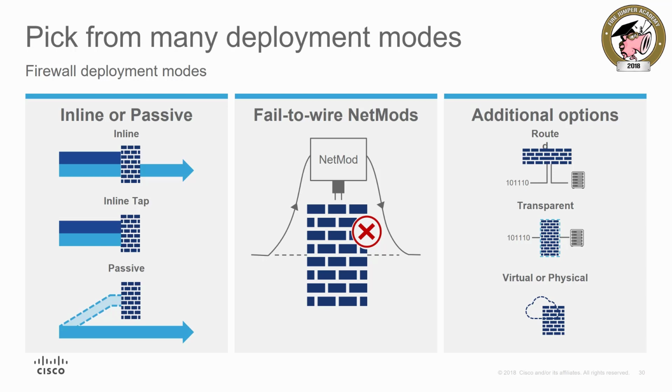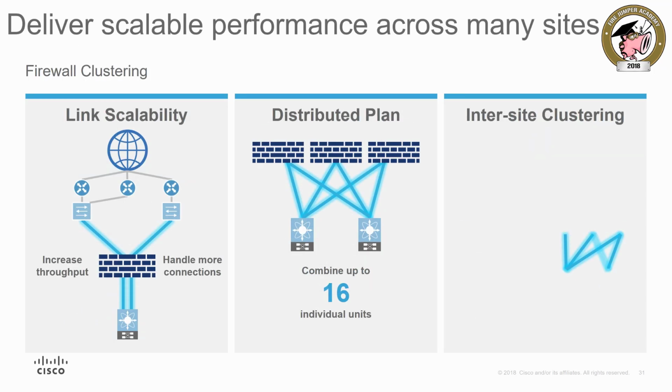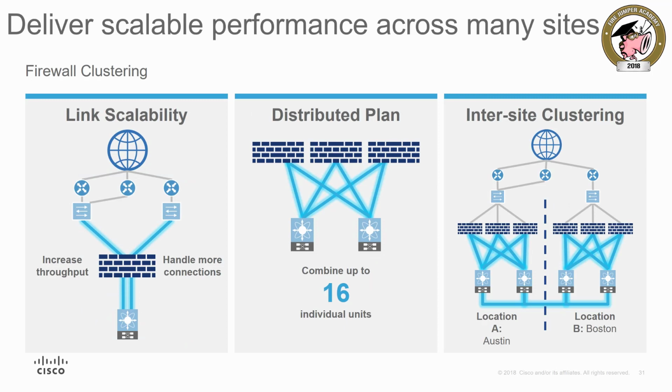Finally, the Cisco Firepower NGFW supports dynamic network address translation and port address translation, as well as static NAT. The NGFW makes it easy to configure NAT policies across devices with the ability to set shared NAT rules. And in addition to being able to pick the right deployment mode for your needs, you can also deliver scalable performance across many sites. The Cisco Firepower NGFW is deployed in a pair for high availability, further reducing the likelihood